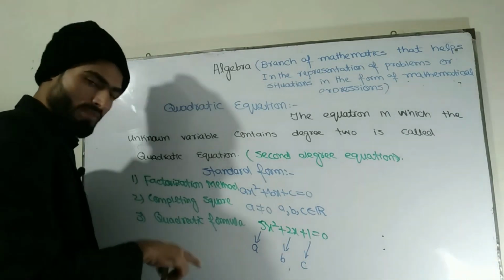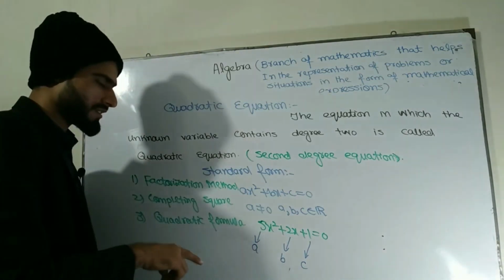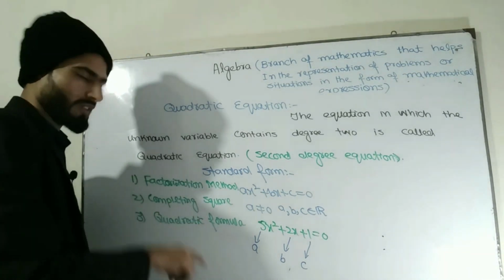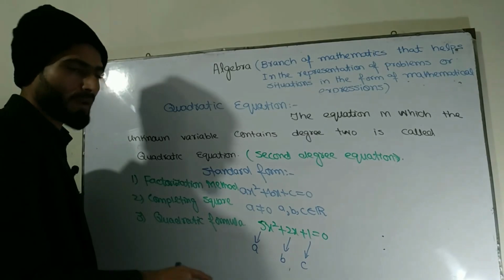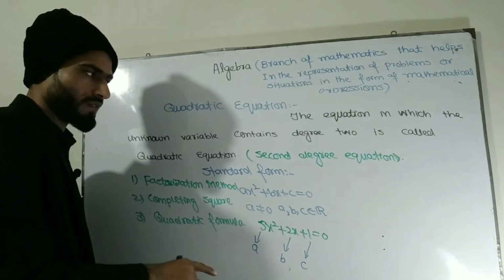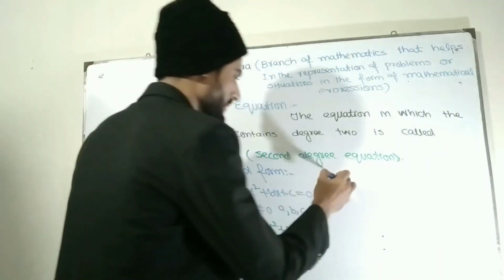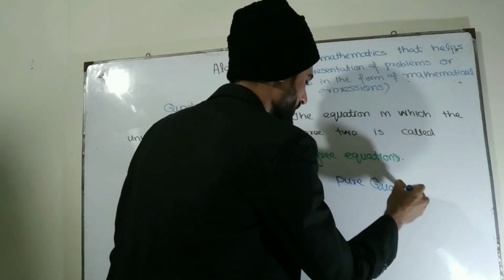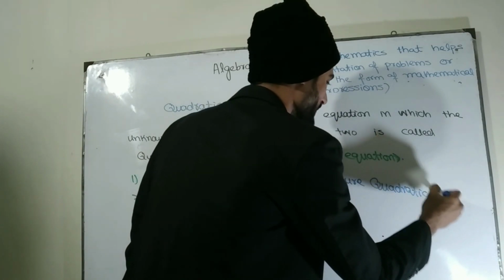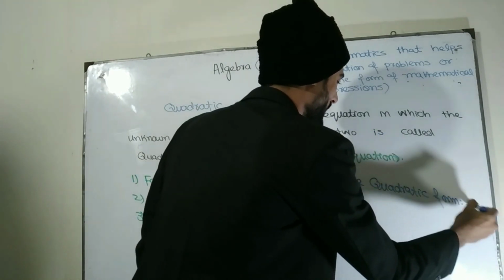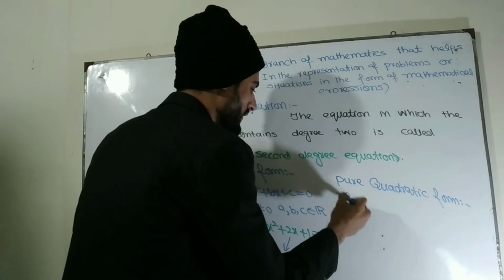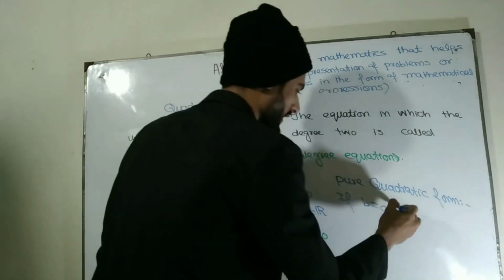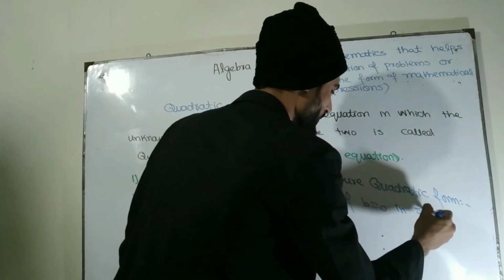If I put b equal to 0, then I will get another case of this equation. It will be the pure quadratic form of a quadratic equation. If b is equal to 0 in standard form,